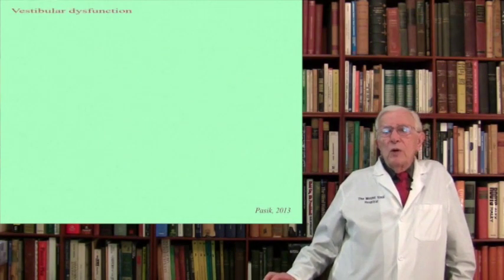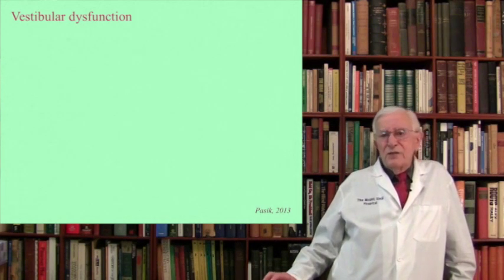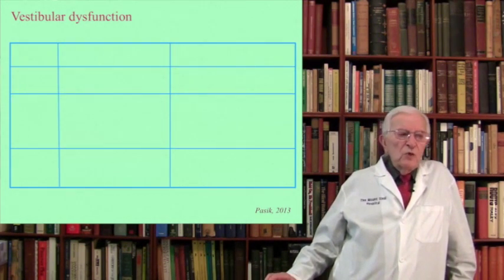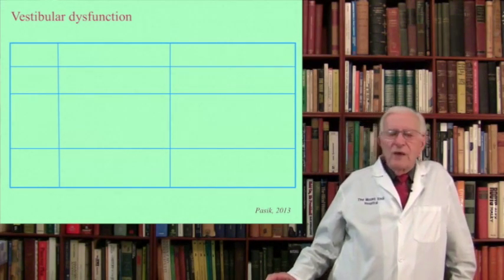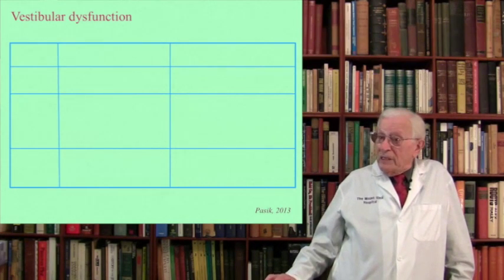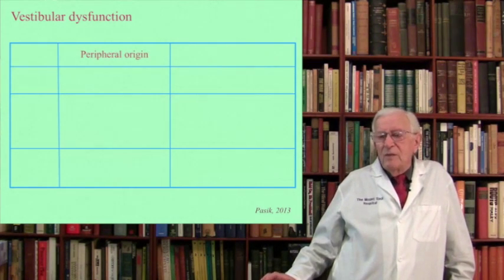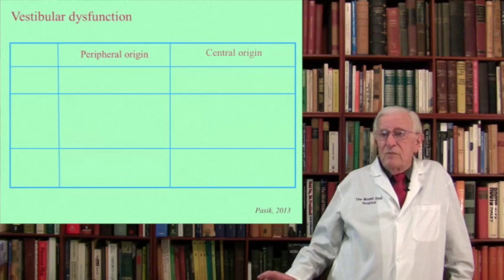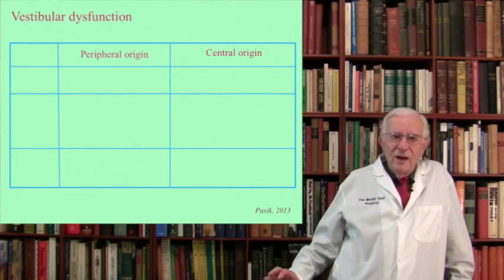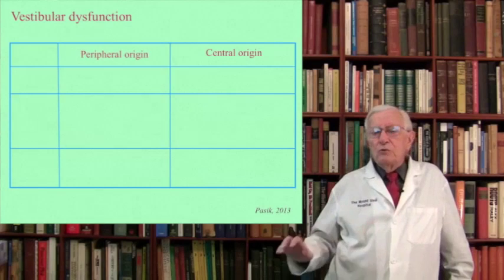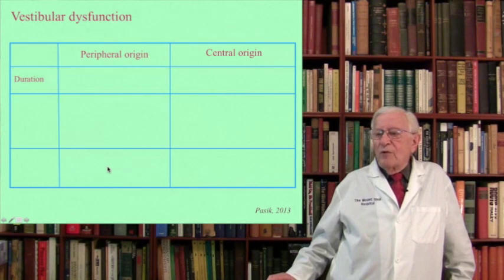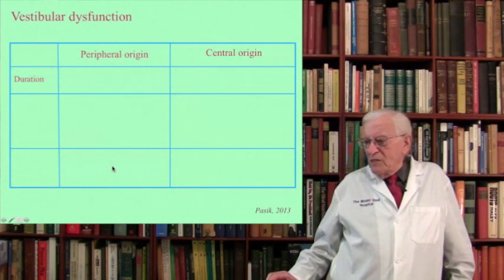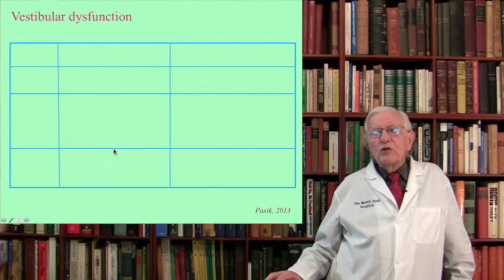Now, just to give you a concise idea of the differences, you have a patient with a vestibular dysfunction. You have a nystagmus, you have vertigo, whatever. And so you have to very quickly know whether the origin is in the ear, in the labyrinth, in the peripheral portion, or is in the central nervous system. It's an important distinction, all right? And there are various things that immediately lead you to one thing or the other. One thing is the duration of the problem. When the problem is in the peripheral organ, the duration is usually,